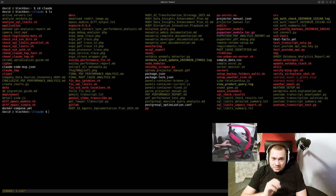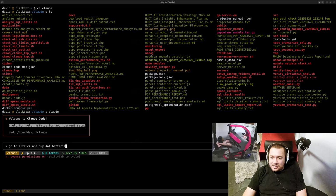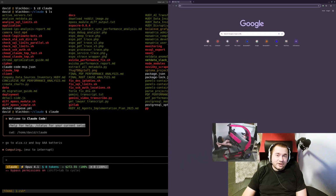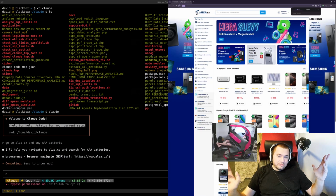It's very simple. Here I have a Claude mess folder, my standard mess folder, and here I will instruct him to go to alza.cz, our very favorite Czech clone of Amazon, which is really funny, and buy AAA batteries. He will start navigating and he will probably succeed because I've fixed it, and it's Opus, but Sonnet will do